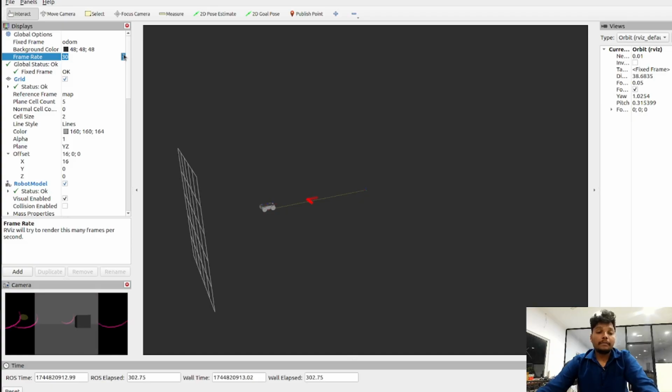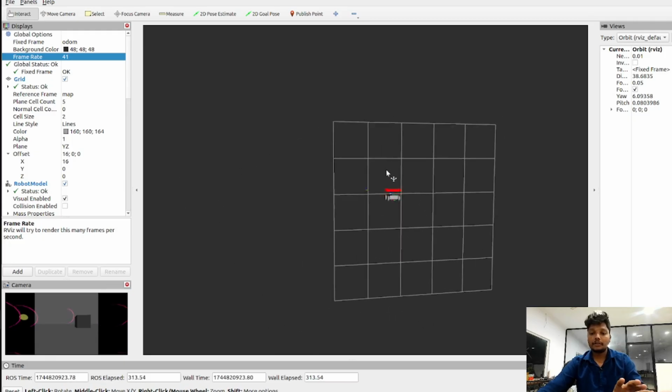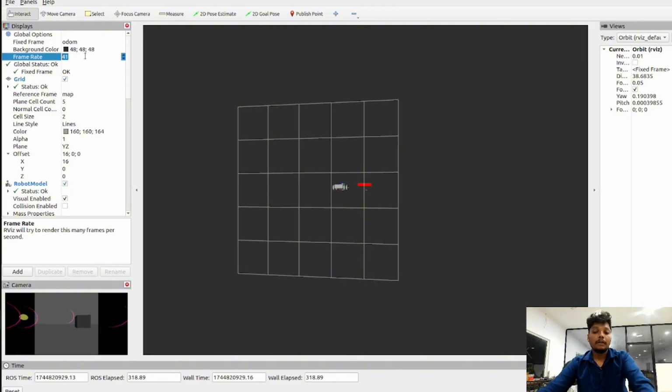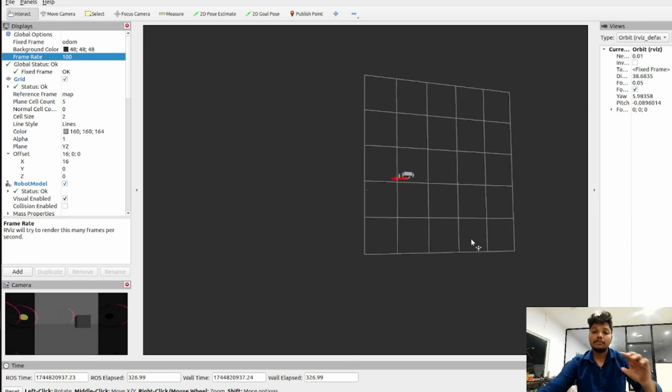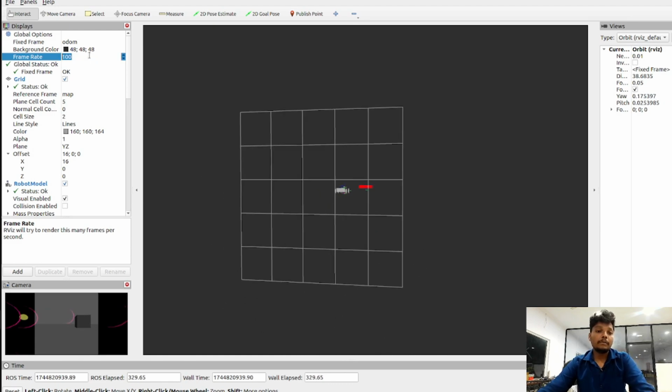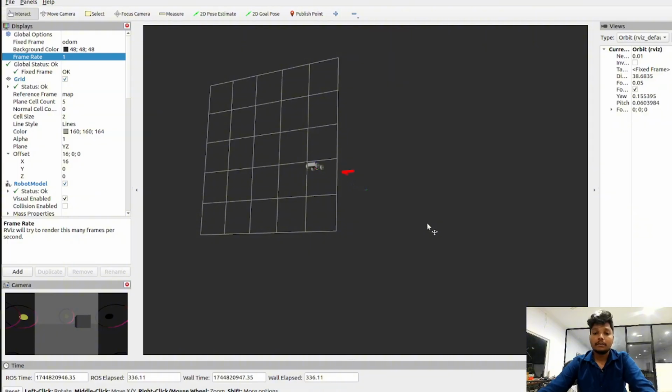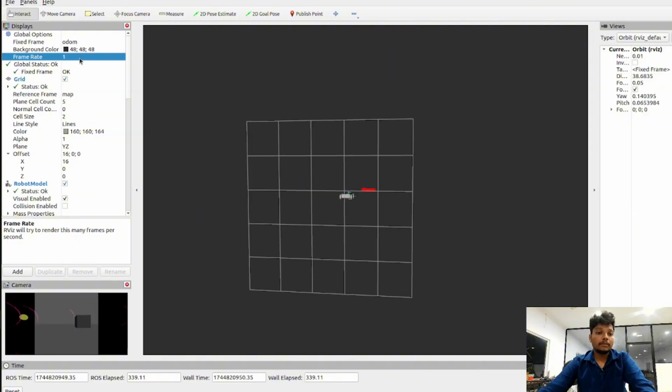And here is the frame rate. If you increase the frame rate, you can see the motion of your visualization smoothly. Here you can see very smooth motion. If you keep it at 100, that is 100 frames per second, and we can see very smoothly. If you keep only one, then it will show only one frame per second, so it lags, as we can see here. Did you understand what the frame rate is? Okay, next,